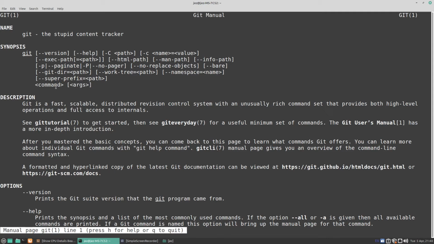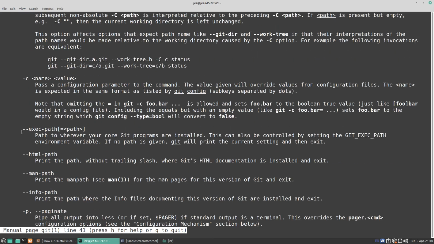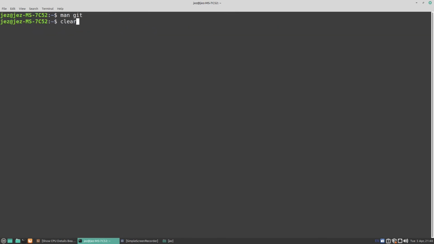So I clear the screen and do a man git, and it says git, the stupid content tracker. What this allows you to do is download stuff from the internet through the terminal from websites. It says you can read all about it there, what it does, the version name and so on. If I quit and do another clear screen,